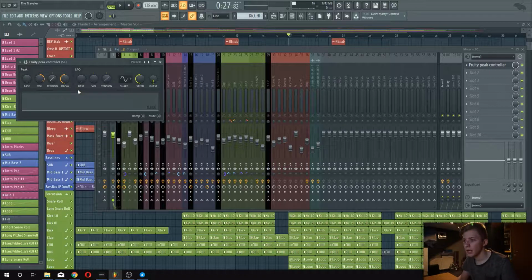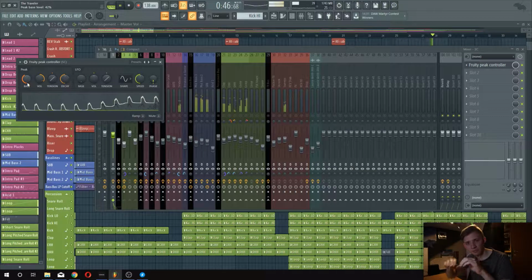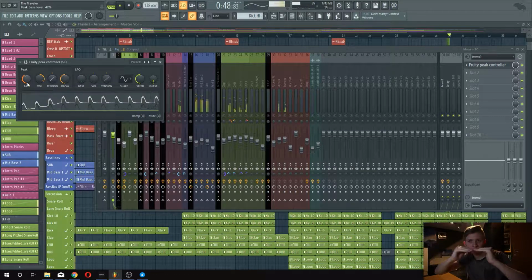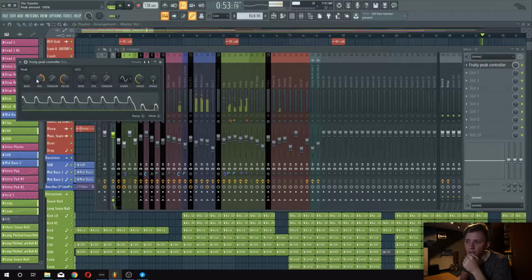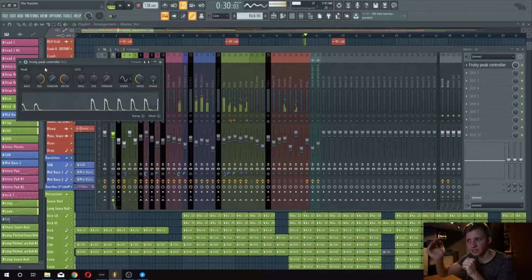Playing the kick now, you see that you have these little knobs down there. Those are the automated, that is the volume coming in from your kick. You can change the way that it is perceived by this controller by altering these settings. The bass increases the bass line that all this is playing on. It just moves it up. Or you can alter the volume, because that will change how much of an impact the kick has on this